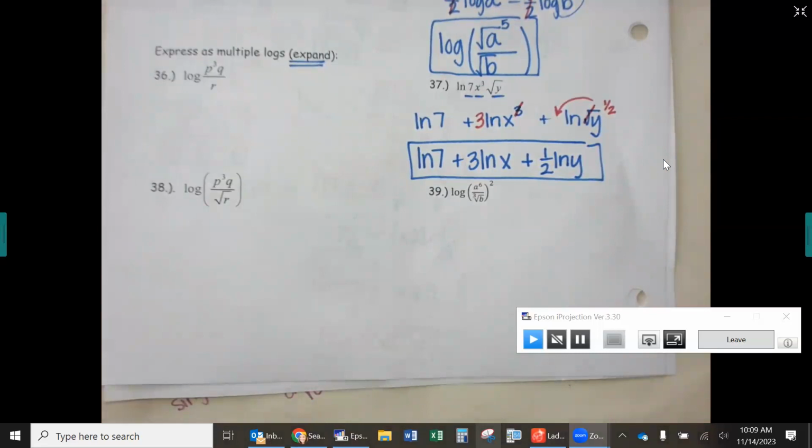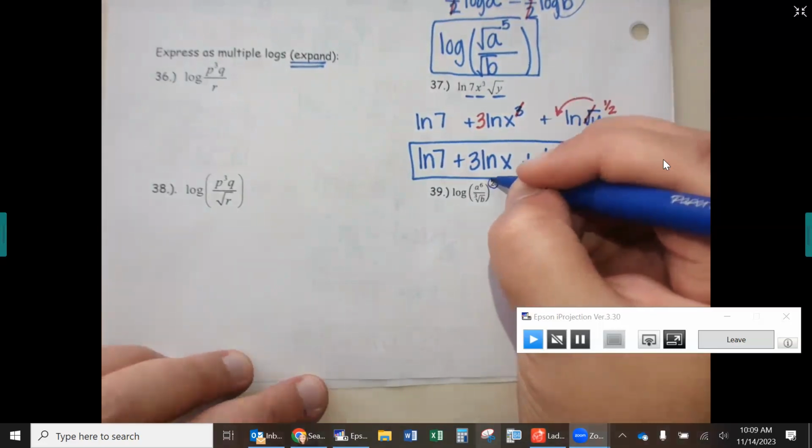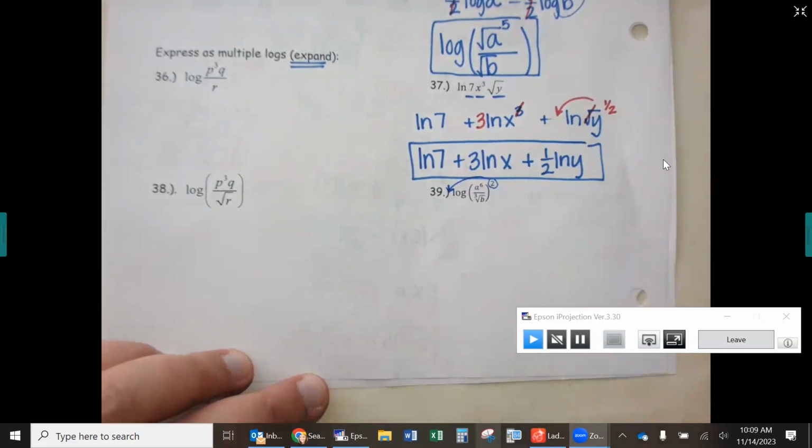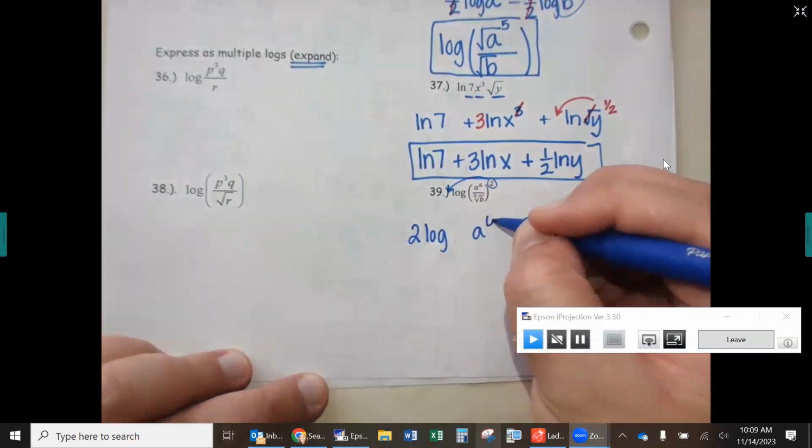All right, let's do one more from here. Let's do number 39. Okay, number 39, first question. I see that I have a 2 in the very back on the outside. So I'm going to drop that 2 down to the front just to get it out of the way. So now I have this 2 log A6